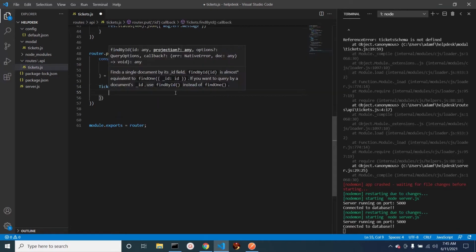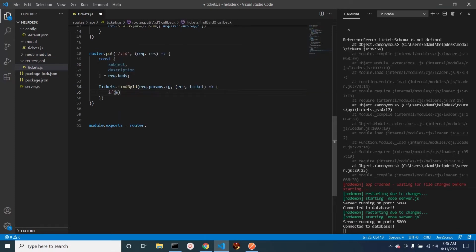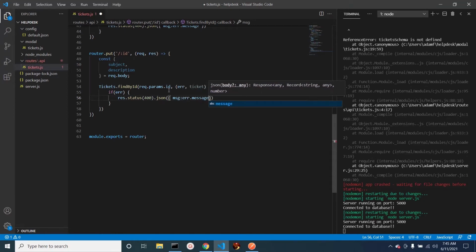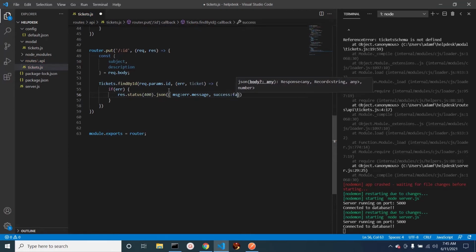Here's our callback. Okay, so we're going to check if there is an error. Then we want to say res.status 400.json, and we'll say msg error.message. That should be good. And we'll also say success is false, just to check on our back end. If there was no error,